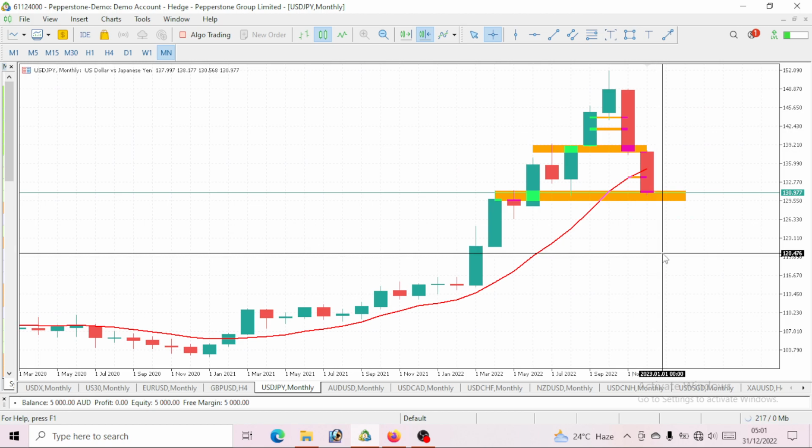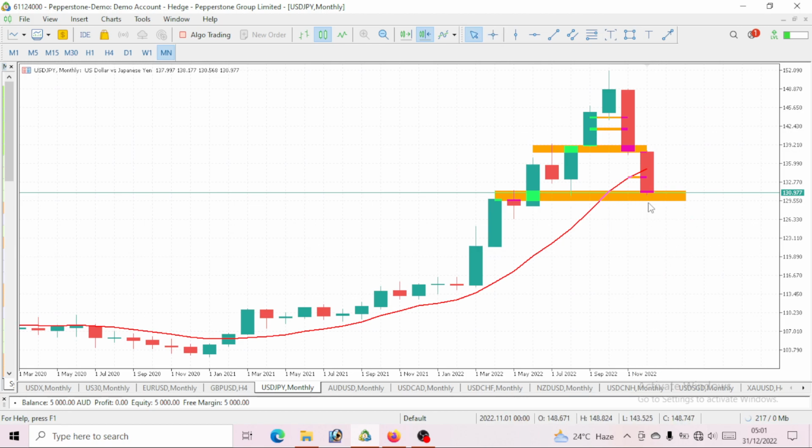So I've highlighted this level here. If you are following this channel consistently with us, I've highlighted this level of 130. I told you guys that price will get to that level, and price has gotten to that level. Now for this month of January, by the time this month ends, we should be able to clock a level of 126, even possibly break below it. So we should be trading around 126 or lower, either 126, 125, 124 or 123. Anyhow, by the time January ends, we should be trading around that level. That is to tell you that more drop is to come on this USDJPY.